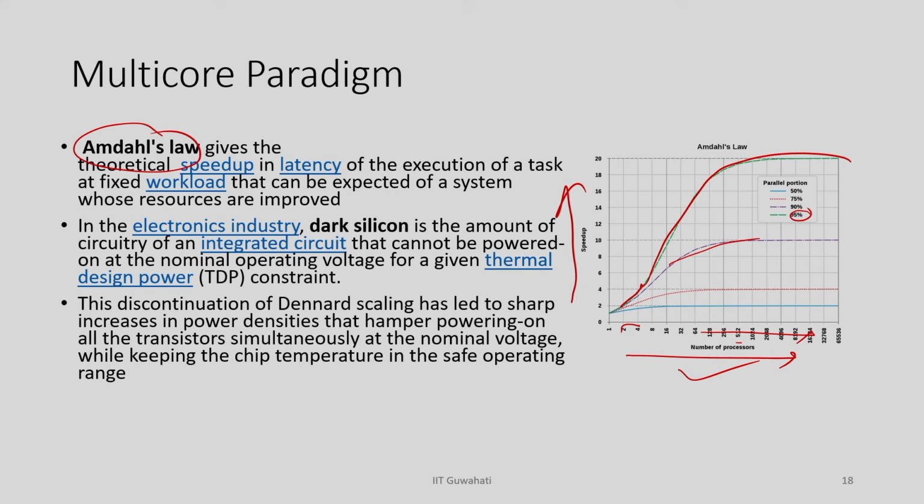So, communication, synchronization, and so many other overheads come in. Eventually you won't get that particular advantage or the performance benefit. So, the roadblock is that initially I tried to make a more complex chip, and then we tried to put more processors into a single chip. Now I am seeing that even if you put more than 128 or so, it does not matter how many processors you pack into a single system on chip, you won't get much performance, right.